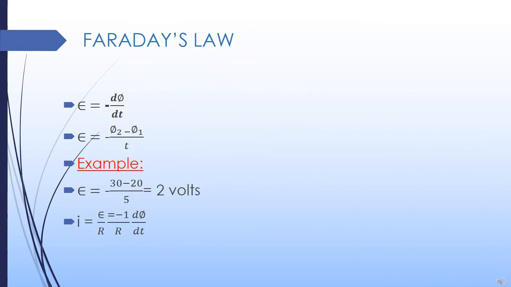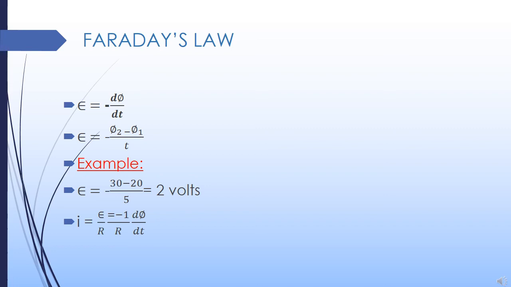If the flux changes, suppose we have taken a definite value of flux phi1, and due to certain action on it, it changes to phi2, and that action has taken time t. So E equals minus (phi2 minus phi1) upon t, that is the rate of change of flux, and E is the EMF. Suppose we take an example: there is a flux linked with the coil which is 20. Within 5 seconds it has become 30. Then what is the EMF induced here? So E equals (30 minus 20) divided by 5, equals 2 volts.